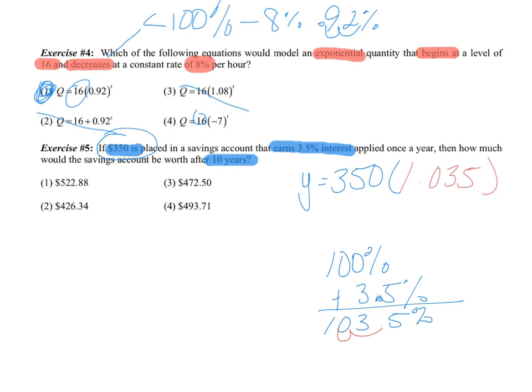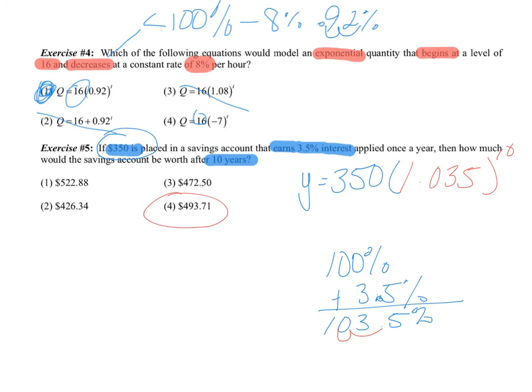And I'm going to raise it to my 10 years. My years are the things that change. Depending on how many years I save for is how much money I will make. So if you clearly type that into your calculator exactly how we have written, you will understand that my answer is